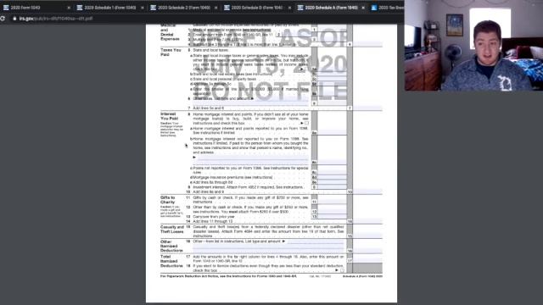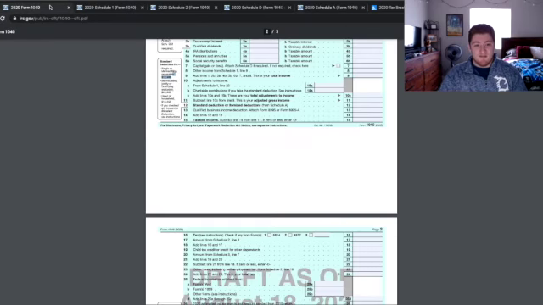We have gifts to charity. This is the most popular one. This is usually a pretty decent size amount. So if you make a charitable contribution to a 503c organization, which 503c just means it's qualified by the government to be a charitable organization, there's a whole process they have to go through. And once you make this contribution to them, they'll send you a note saying like, here's your tax deductible amount. And those amounts flow through here on your gifts to charity. So down here, it ends up on line 17, and you get the total amount of itemized deductions you can claim. So if we look back at the 1040, you have a decision to make.